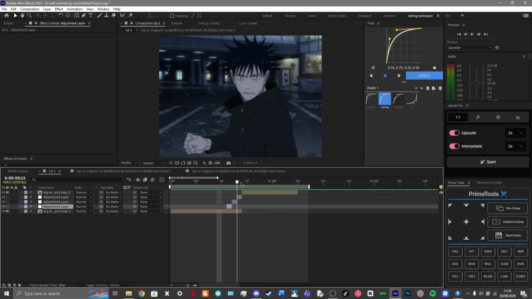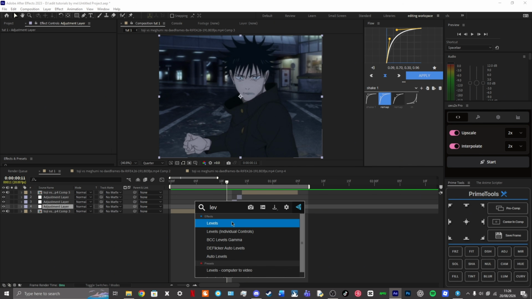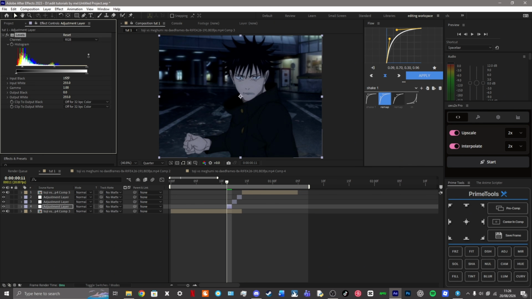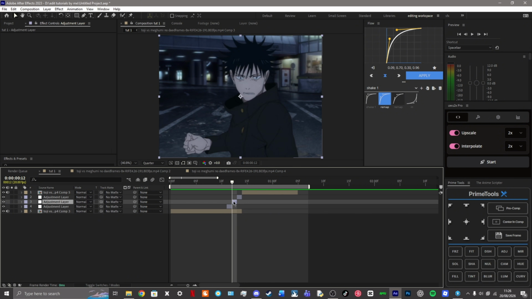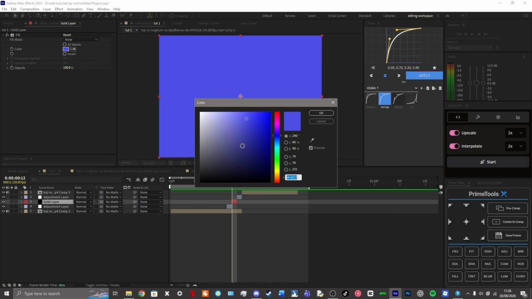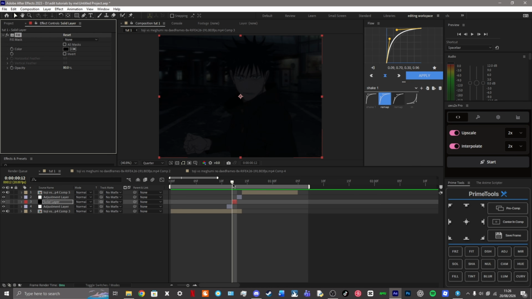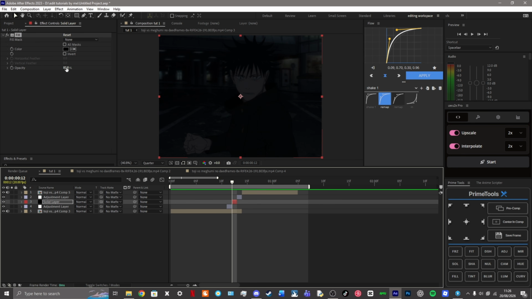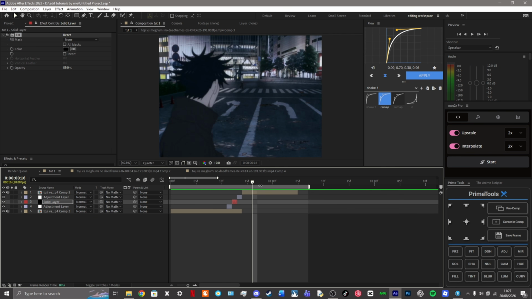So for the first one, there's a lot of variations to do, but I'll just show you a few that I do. We can do levels to start, and we can darken it a little bit like this. Then the second one, normally I'll do a solid layer, and I'll make it black, and then I'll do something like this. Just turn down the opacity. Then since it's going to go that way,